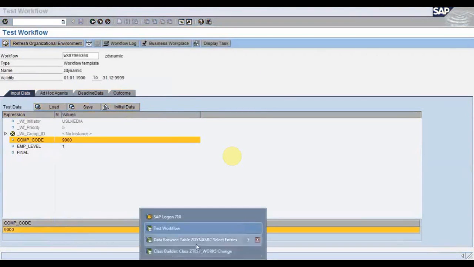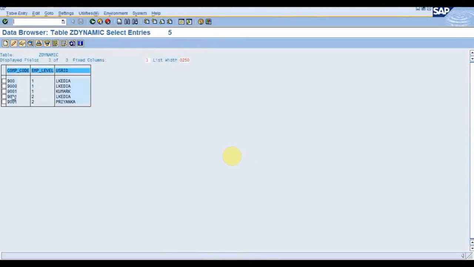First let me show you in the database browser what we have for 9001. You can see here in 9001 for level 1 we have Kumar K, and for level 2 we have two user IDs, LKD and Priyanka. So at the first level only Kumar K will receive the work item. When Kumar K approves, suppose the manager has approved it, then at the next level two partners exist, LKD and Priyanka. So the work item will automatically go to those two partners, and whenever one partner out of these two executes that work item, the work item will disappear from the inbox of both users. It will disappear from both users because the instance is the same but the IDs are different.